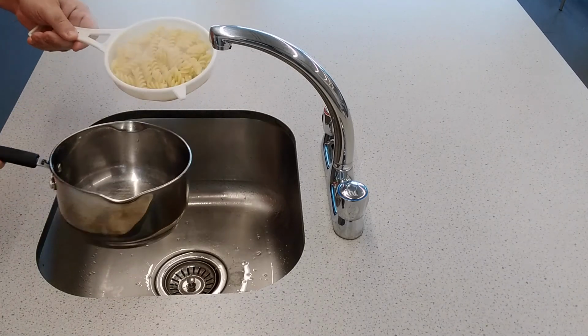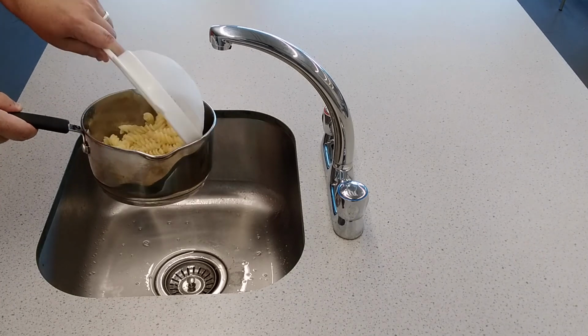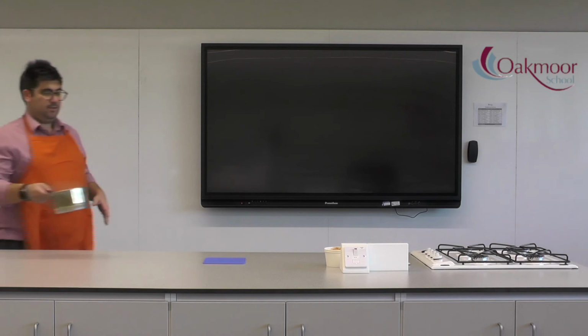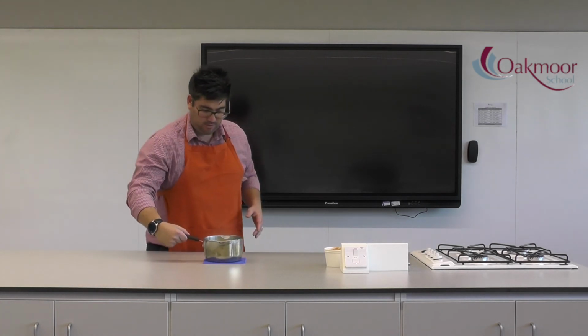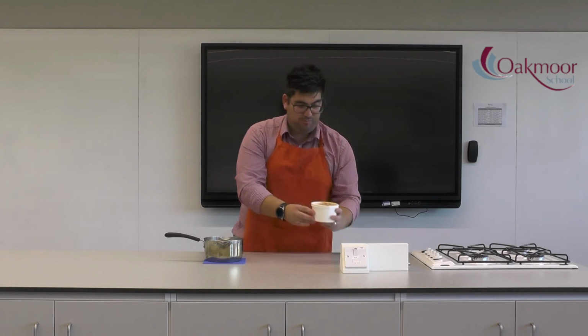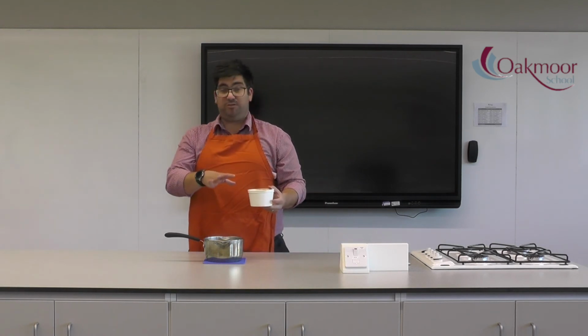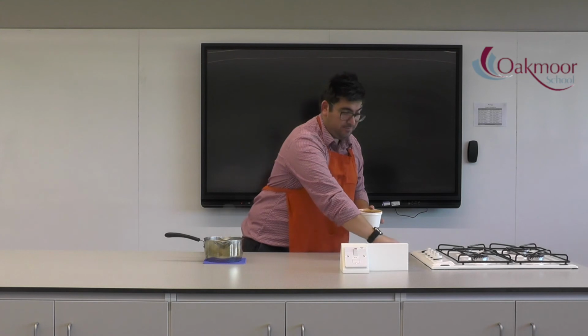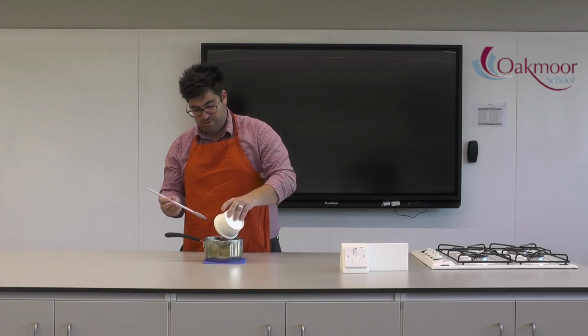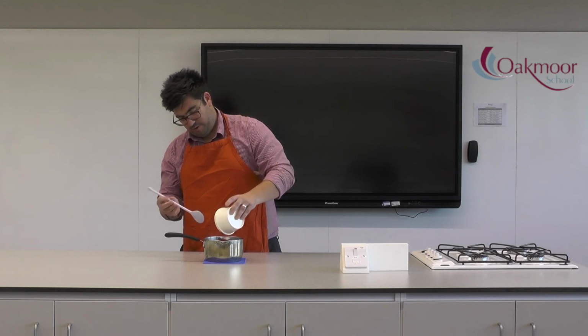Now as soon as I've done that, I'm going to put that pasta back into the pan, which will still be hot, remember. I'm going to place the pan onto my work surface, and I'm going to get my pre-mixed sauce, so we pre-bought, pre-mixed sauce. This is just a tomato sauce, it's got some onions and some peppers in it. I'm going to take my mixer spoon, I'm just going to pour that into my pasta,